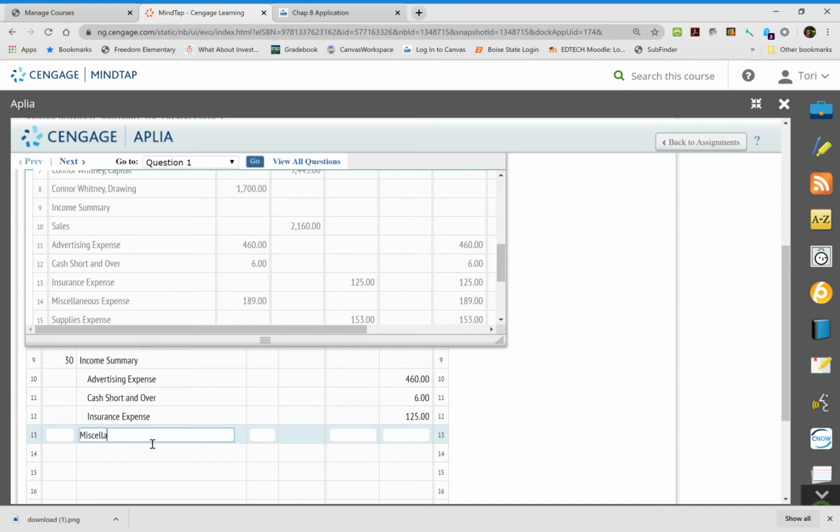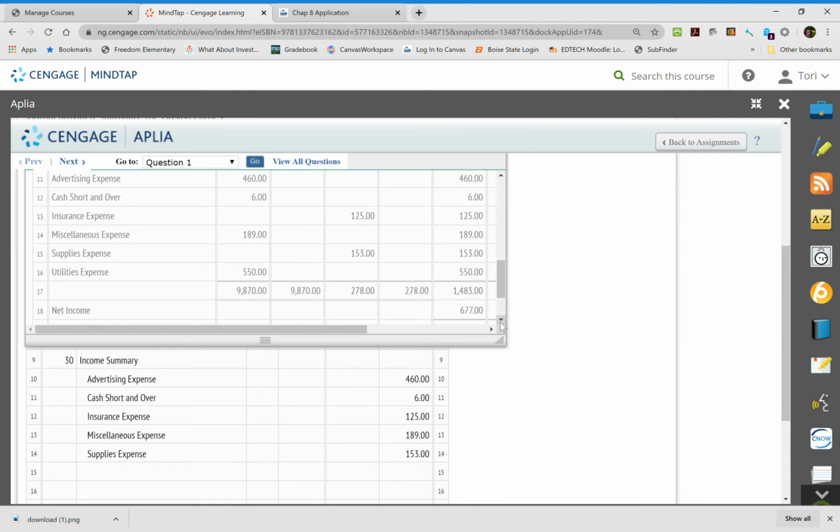Miscellaneous expense for $189, and our supplies expense for $153. And then the last one we're going to do is our utilities for $550. Now what we would do is add all these up and put what our total